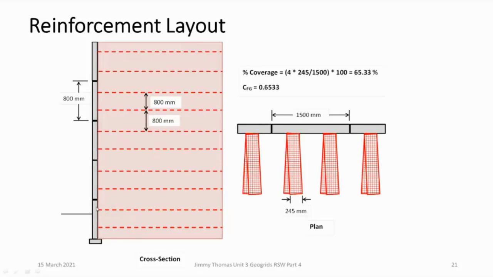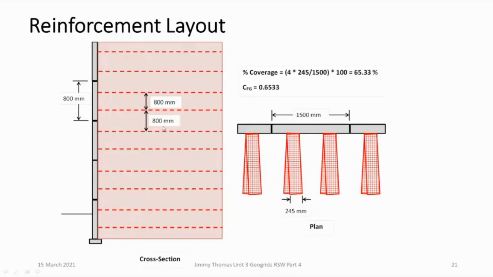When you use the same spacing, the casting of the panel also becomes very easy, because the hook spacing is standardized. Sometimes we think, okay, let me try to optimize the design by having different spacings. But practically it becomes very cumbersome. Your casting becomes very complex, and at the time of erection you'll have to locate that particular panel, which becomes very difficult. So normally we use uniform spacing, but we can vary the strength.